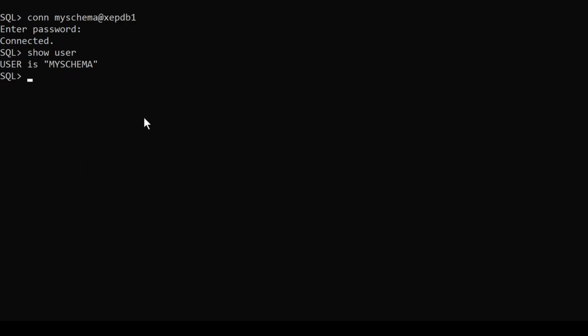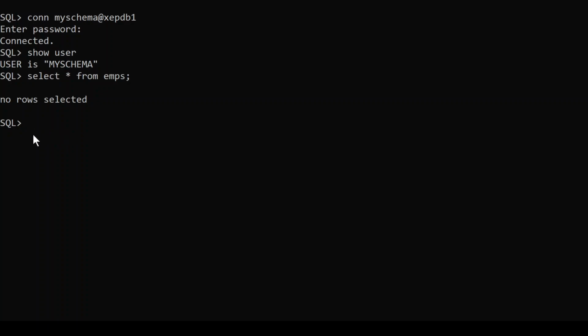Let's check whether there is any record inside this table. It's showing no record selected, which means this table does not contain any records.